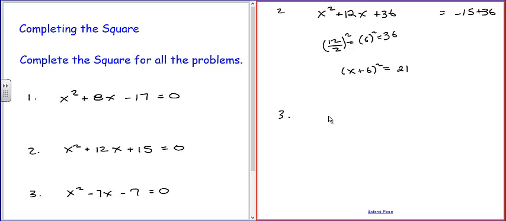Number 3. So we get x squared minus 7x minus 7. Okay, so I was going to say, move that to the other side first. So that equals 7. So we have negative 7 divided by 2, quantity squared. So when we square the negative, we get positive. 7 squared is 49, 2 squared is 4. So we add 49 over 4